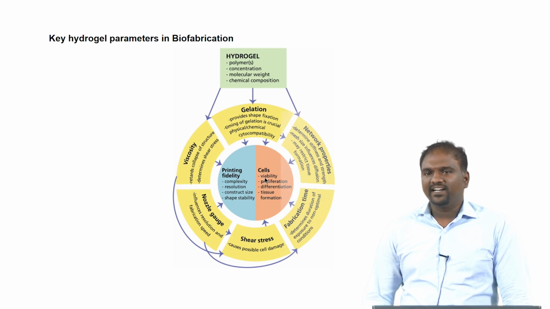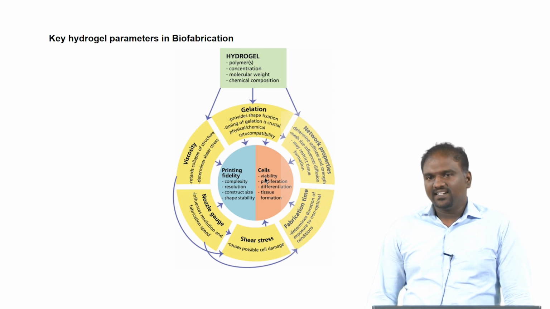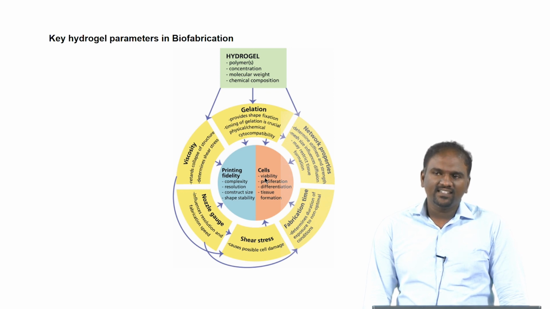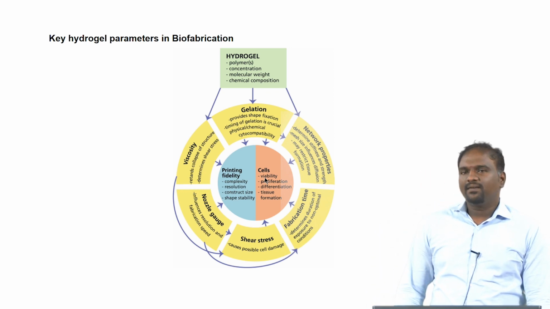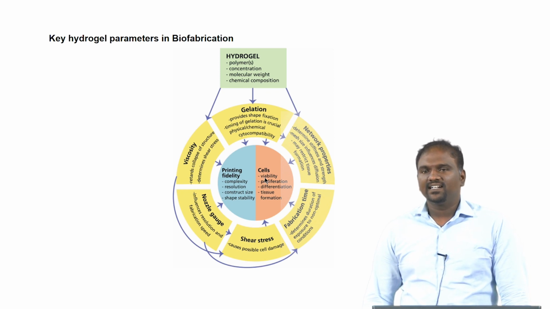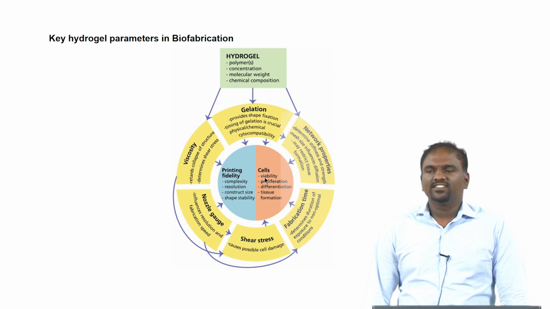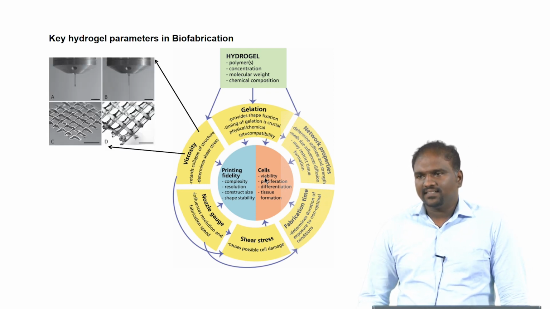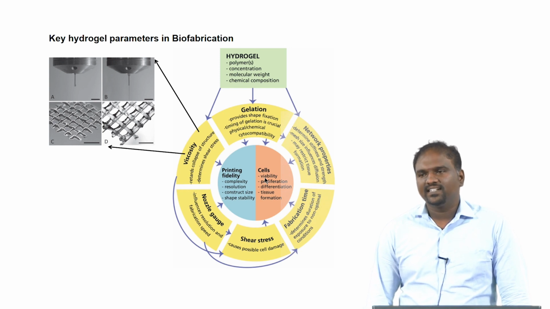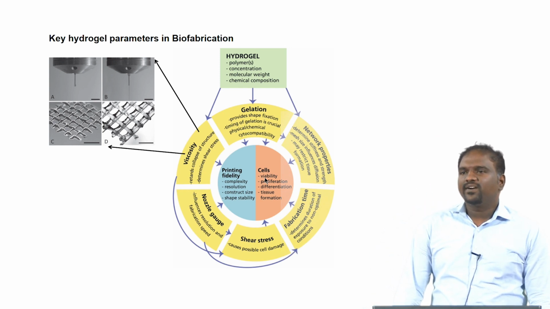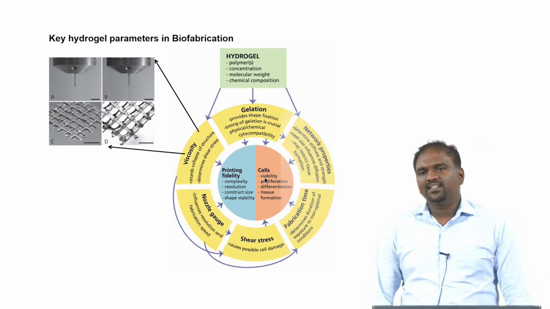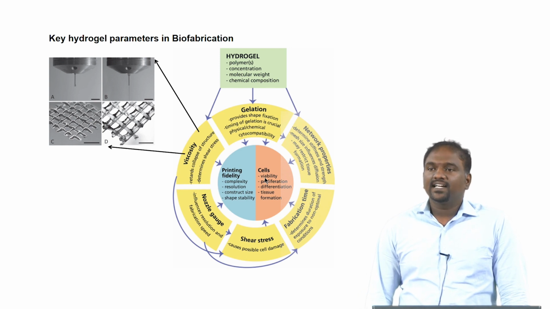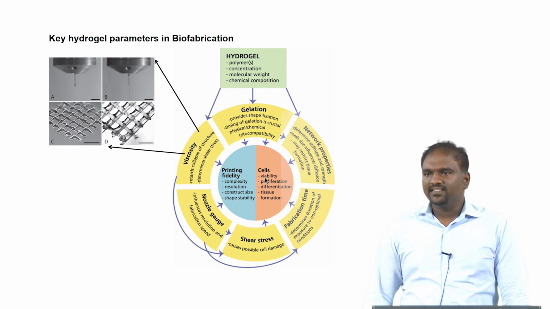If we use a micro extrusion based technique, we use a needle, and we apply pressure to that needle. While we apply the pressure, it pushes the material through the needle and that does the printing. If the solution is highly viscous, what happens? Instead of forming a continuous filament, it will form a droplet. To avoid that, we can mix it with some other polymer, or we can use a lower concentration of polymer with high molecular weight. So we can go either way.